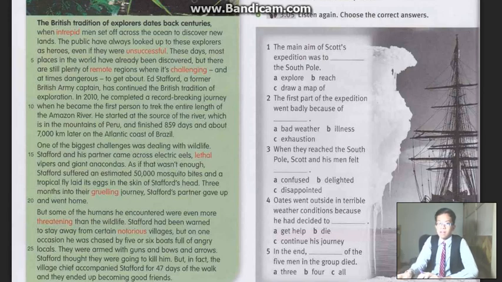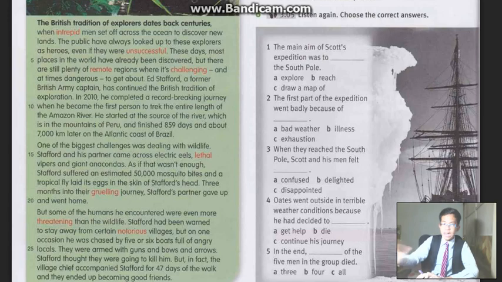To get to know about it, Stafford, a former British Army captain, has continued the British tradition of exploration. In 2010, he completed a record-breaking journey, when he became the first person to trek the entire length of the Amazon River. He started at the source of the river, in the mountains of Peru, and finished 859 days and about 7,000 kilometers later on the Atlantic coast of Brazil.